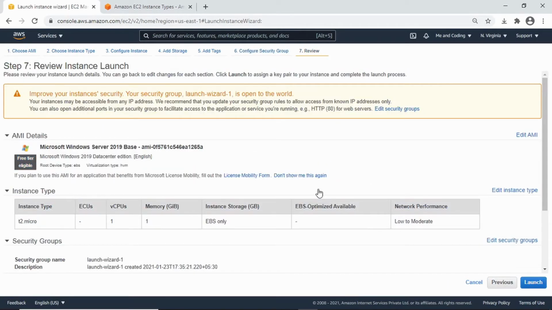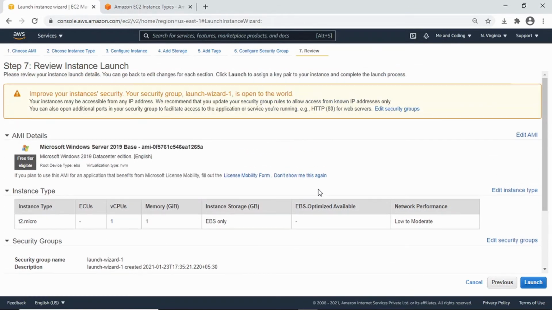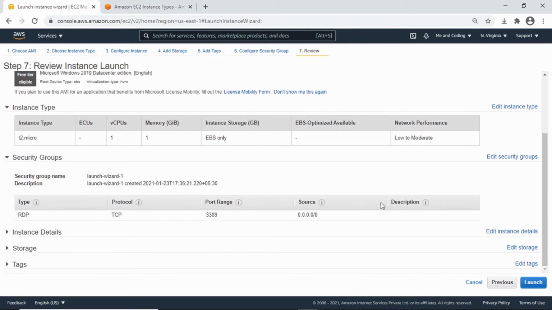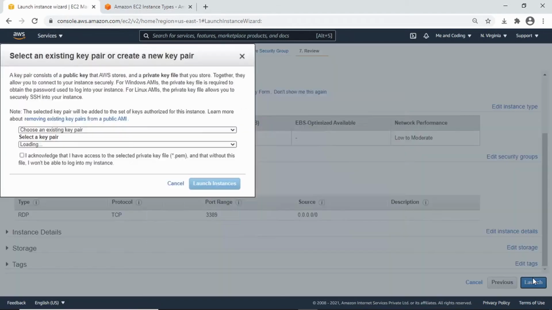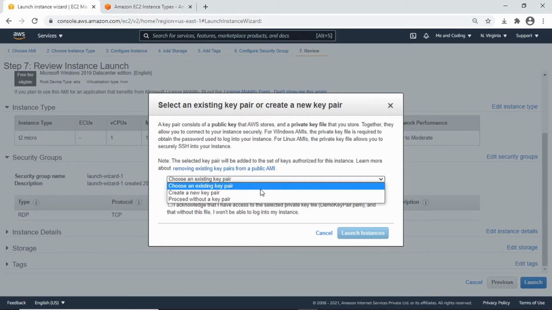So finally, we say review and launch. We will see one last time, and then say launch. I want to create a new key pair.